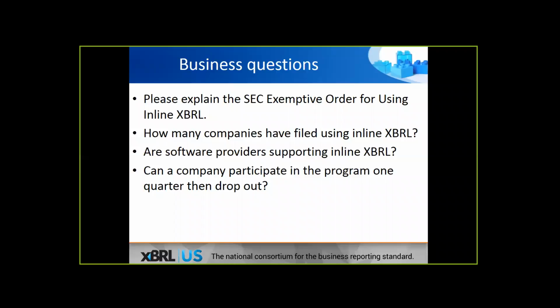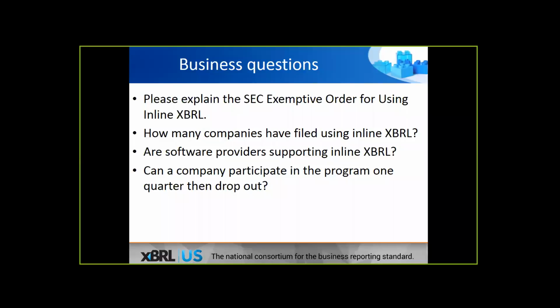So the exemptive order is a voluntary program for the inline format. It allows companies to file the inline documents. It does not change the liability or certification scenarios that are already in place. So it's simply a voluntary option for filing the inline format with the reports. It's a single document versus the two in the past. Under the voluntary program, you submit the inline document and you no longer have to submit the two separate HTML and XBRL reports. The program times out in March of 2020, so there is a back-end time limit to it.